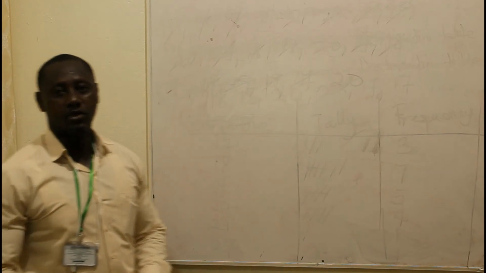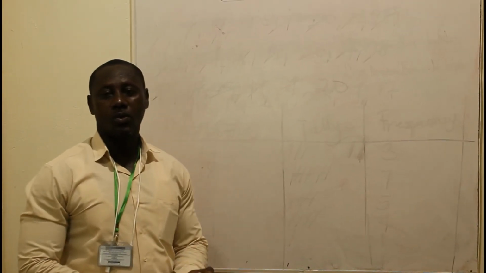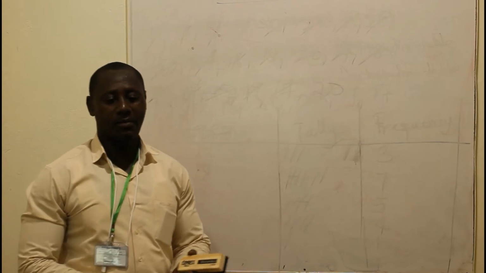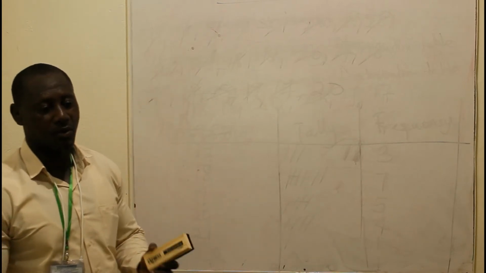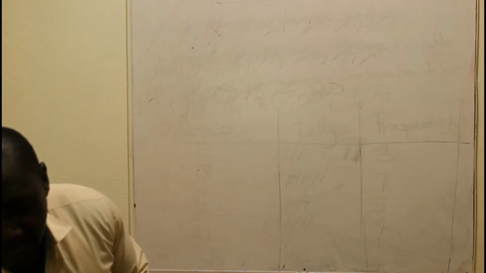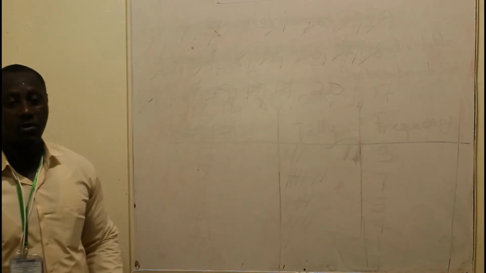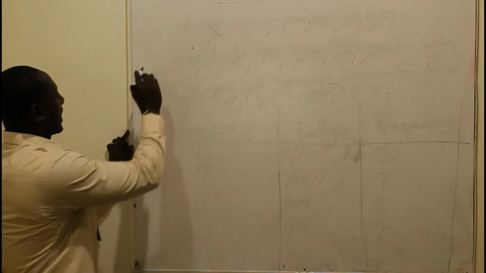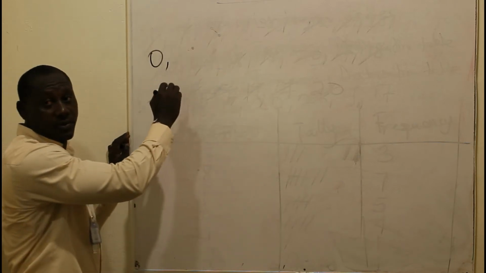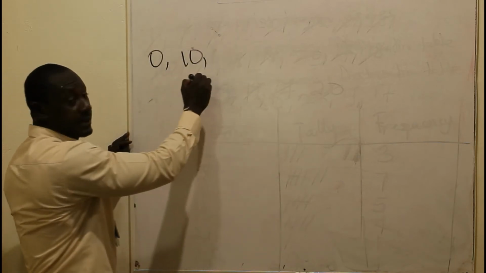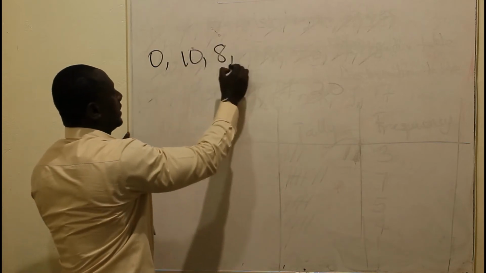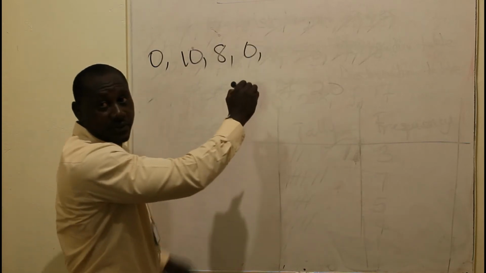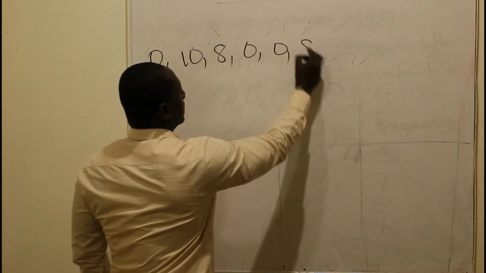Okay, so I'll give you an example for you to try on your own. Get an ungrouped frequency table for me. If we can copy, the data values are 0, 10, 8, 0, 0, 8,